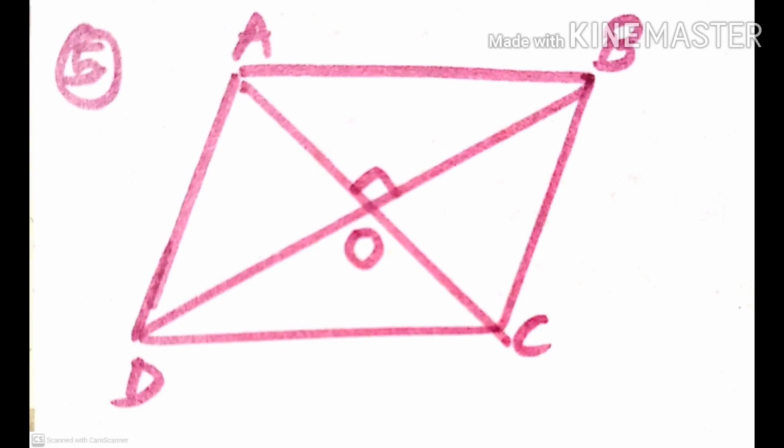Now question number 5. In quadrilateral ABCD, the diagonals AC and BD intersect at right angles. Prove that AB square plus CD square is equal to BC square plus DA square. Also here one remark is written that if you take that ABCD is a rhombus or a square, then you will not get any marks. So we are not assuming like that. Just whatever given in the question we are following. So here I have drawn the figure ABCD, a quadrilateral, and AC and BD intersect at O and they form 90 degrees as given in the question.